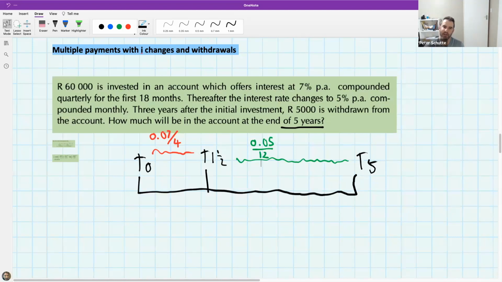Why does my timeline have a T1.5? Where does that come from? Because I see a T0, I see a T5, but suddenly there's a T1.5. Now where's that come from? Mukle has noticed that 18 months is just 1.5 years. And so that makes sense because I'm trying to keep my timeline in terms of years to start with. Fantastic. And Kirsten's also noticed.